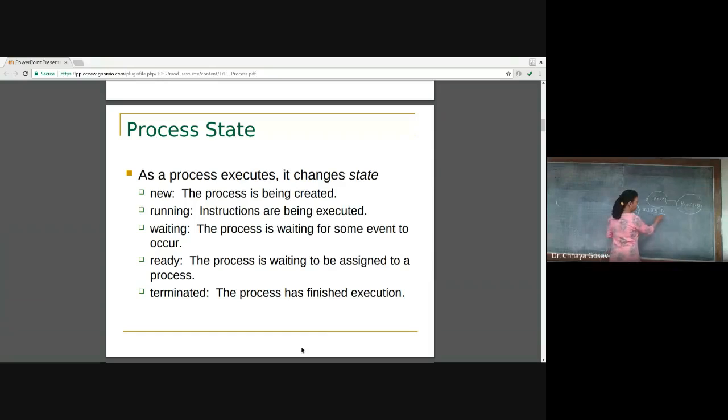Now the OS will decide, depending upon these algorithms, FCFS, SJF, SRTF or round robin or other algorithms, which process should be scheduled for execution. Running means in execution. CPU can execute only one process at a time. So suppose P1 is selected for execution. So the process is running. From running, the process can complete its execution and terminate.